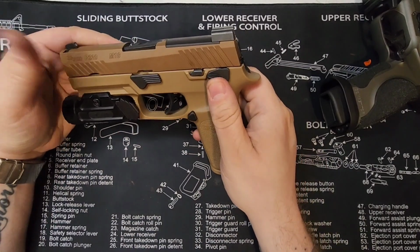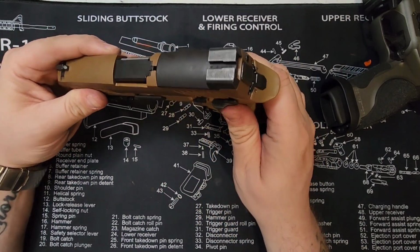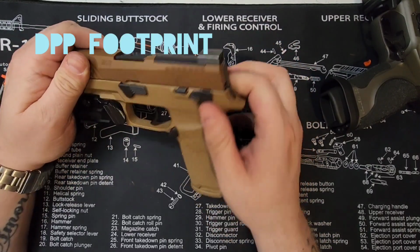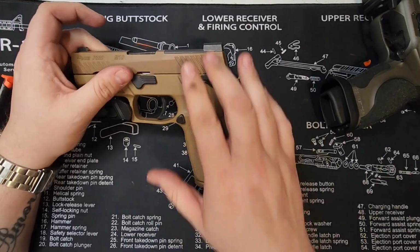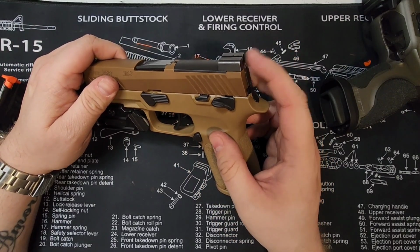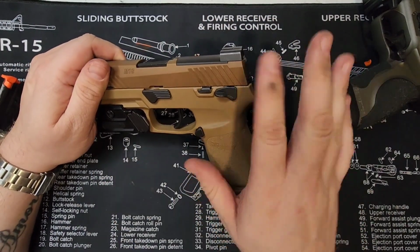Next, I've also ordered another little trinket. I'm going to put a Romeo 1 Pro on here because this uses the Delta Point Pro footprint. What's interesting about the M18, though, is that if you take off the plate here, which comes out from underneath, you lose the rear sights. However, if you use the Romeo X Pro or the M17 optic,